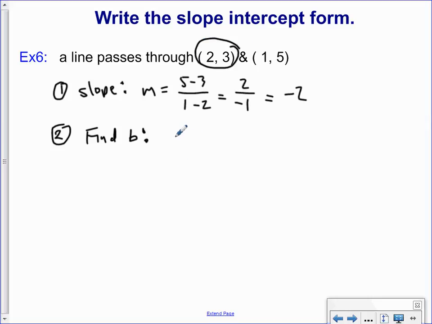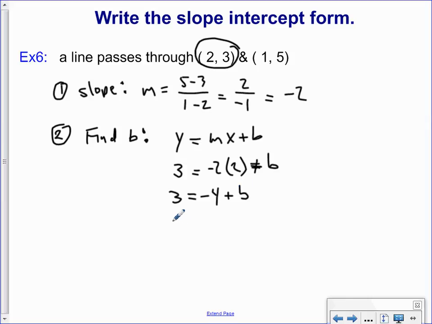To find b, we're plugging into the equation y equals mx plus b. 3 equals -2, your slope, times the x, which is 2 at that point, plus b. There you go. 3 is -4 plus b. So the equation is